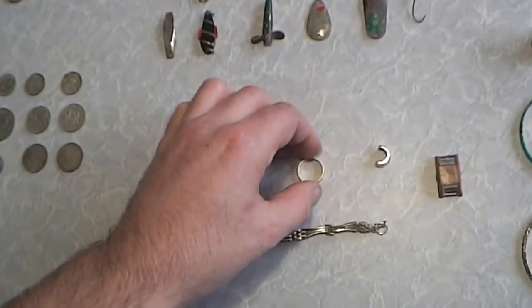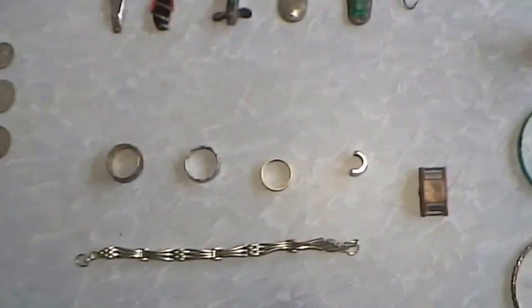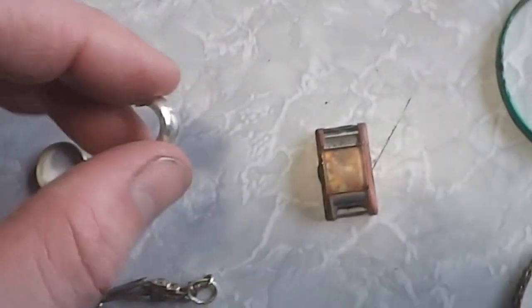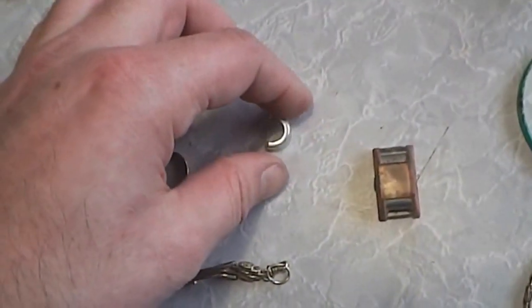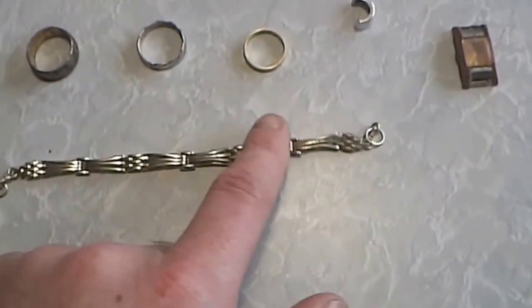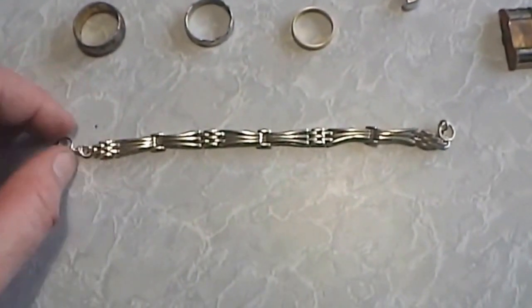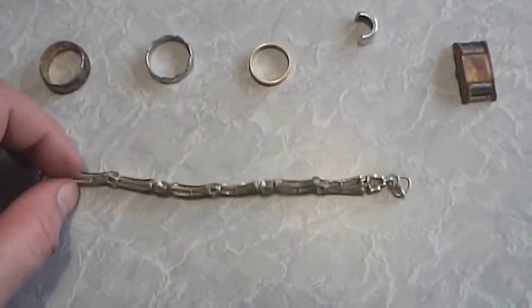Totally stoked about that, especially my first 3 months of metal detecting. Found myself a gold ring. Awesome. Then we've got a silver earring of some sort. Yeah. Got a bracelet. Not quite sure if it's gold or not, because it's got a little gold tinge, or if it's silver or sterling. Not quite sure, but